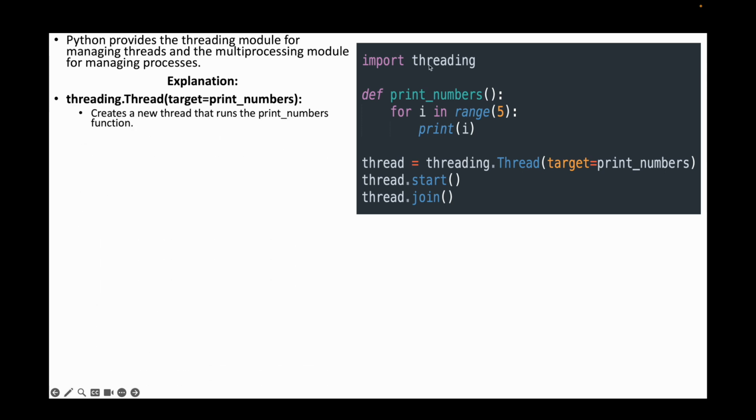First we're importing the threading module, and then we are creating a function over here, and we are creating a thread. Thread creates a new thread that runs the print numbers function. Okay, so we are starting the thread, which will essentially start the thread. Join will wait for the thread to complete. All right, so we have defined the function here, and then we are creating a thread by using